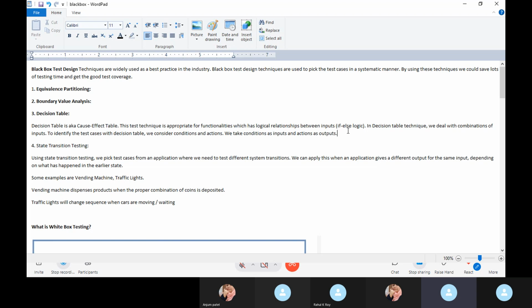If both are incorrect, then username and password are incorrect. This message as an output I should get from the application. So this example is based on decision table technique, cause and effect. There will be a cause, there will be a condition, and for that there will be an effect, that is the output. So this username login functionality comes under decision table technique,